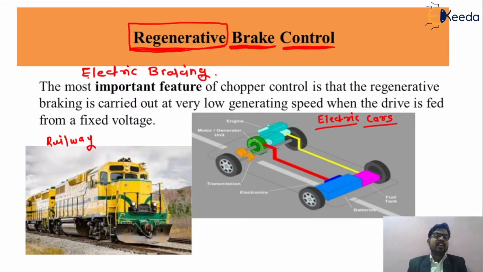We are applying an electrical source of energy, that is, we are using motors for braking purposes. What will happen if we use the electric system for braking? Obviously there are different disadvantages of mechanical braking: there are a lot of losses, a lot of heat production, and noise. To avoid mechanical braking, we prefer electrical braking. In electrical braking there are different types of braking.